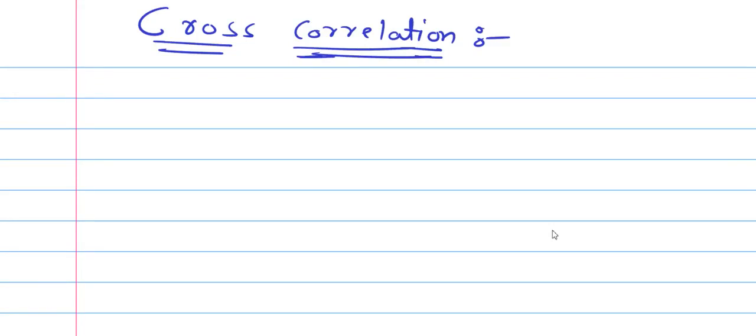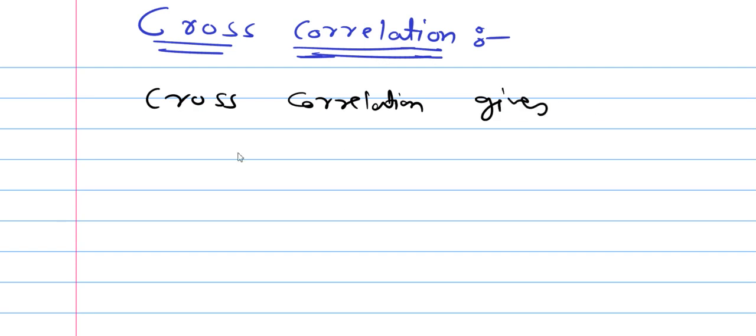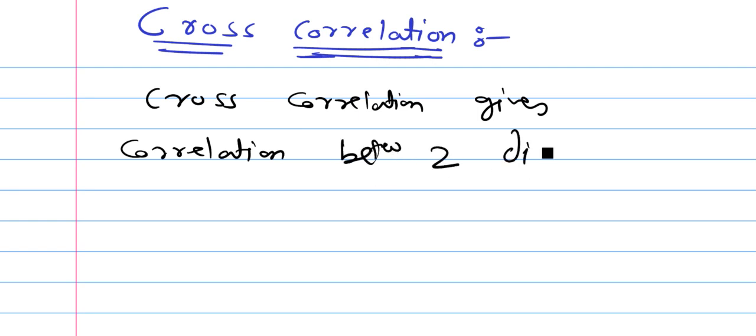Okay, so now the next point is cross correlation. The definition: cross correlation gives us the correlation between two different signals. Let us say I have two signals x1(t) and x2(t). Then the mathematical definition of cross correlation is,